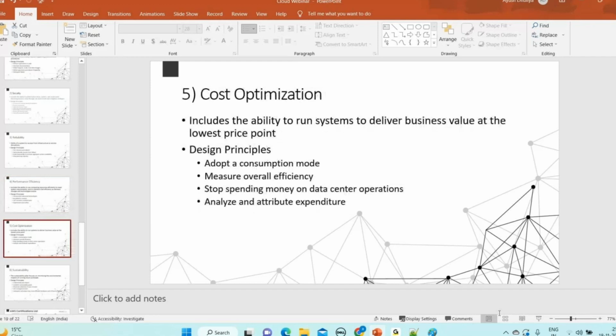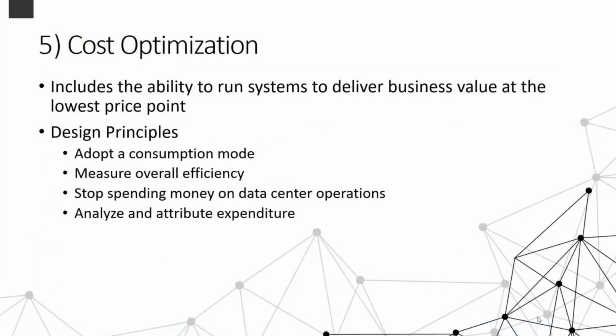Now, team, we have the fifth pillar, that is cost optimization. What is it? First of all, it includes the ability to run systems to deliver business value at the lowest price point. And I know that for each and every one, cost is really, really important, right? So, team,